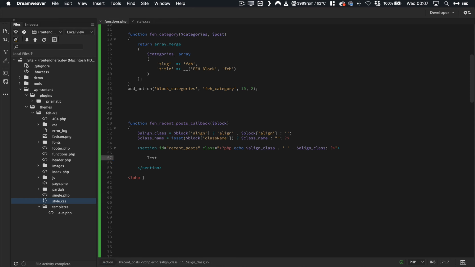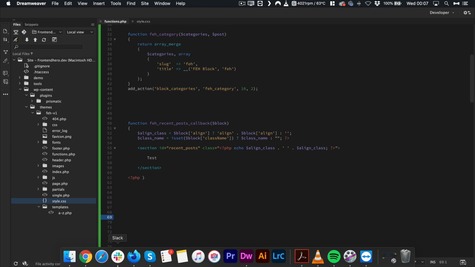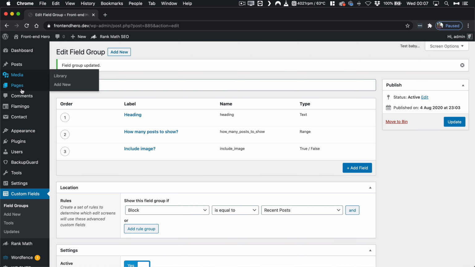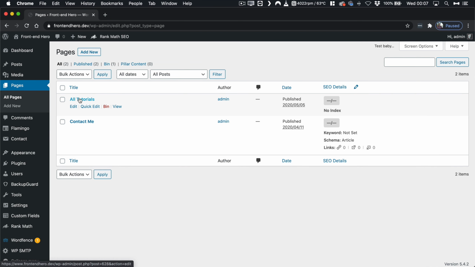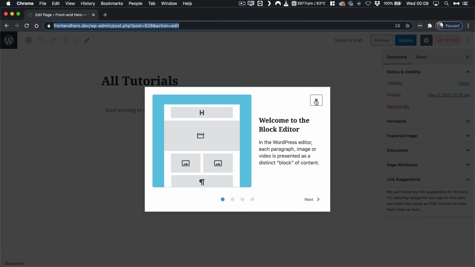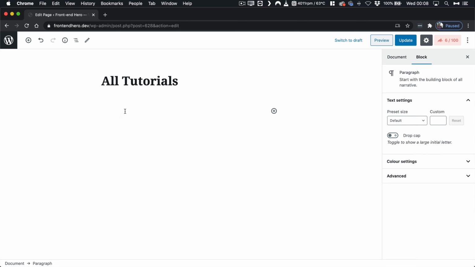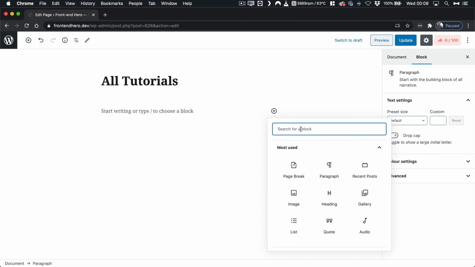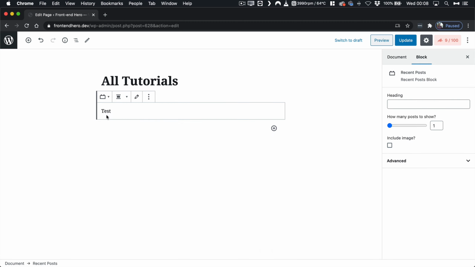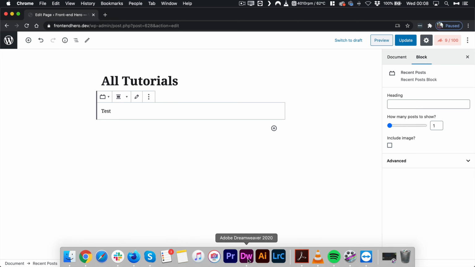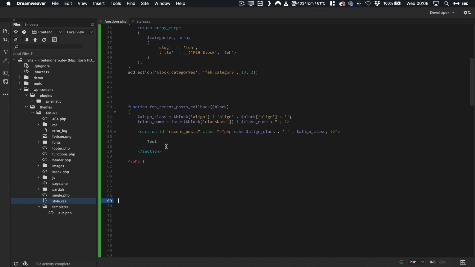So if I upload this, and I pop into a page where I want to show my recent posts, I'm going to add in a block, and I'm going to search for fet. So now we've got our recent posts, and so we see test is showing up here, so it works, it's alive, which is fantastic. So with that said, we're going to pop back into functions.php,